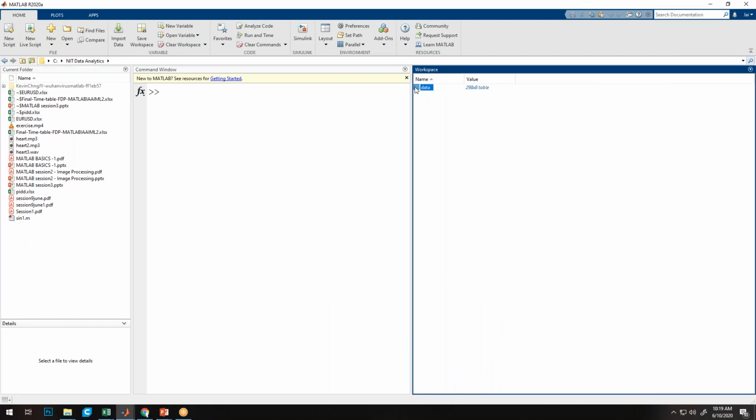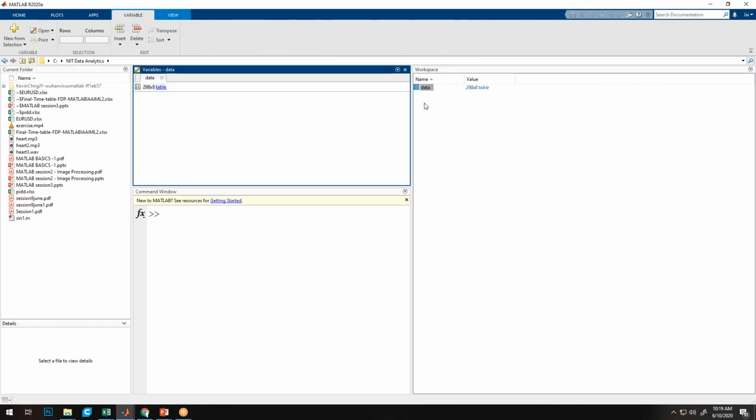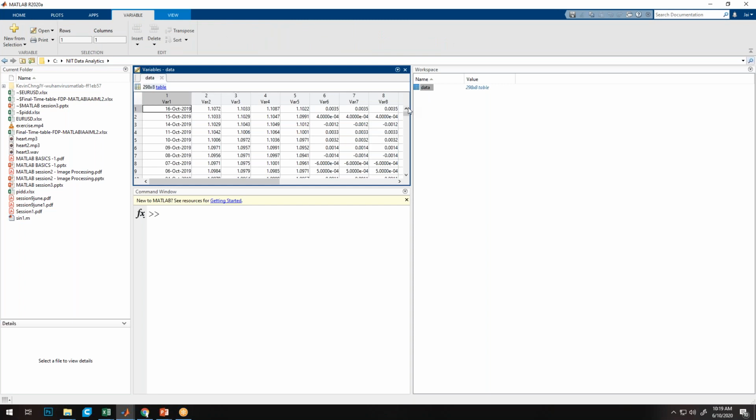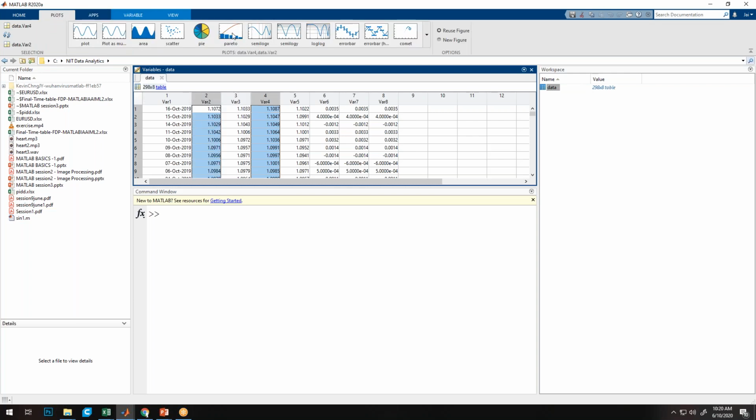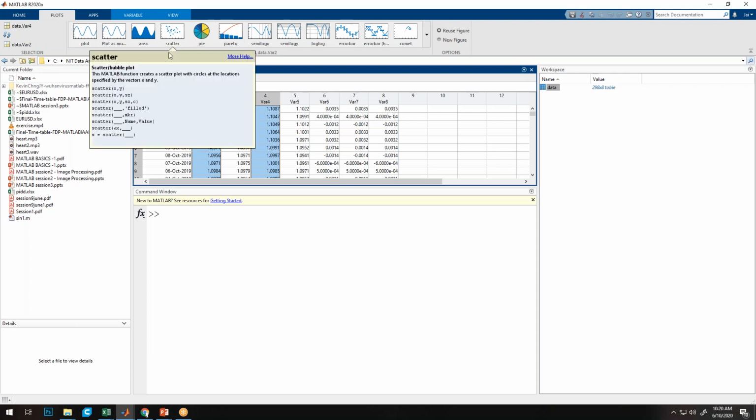If you directly click on the table in the workspace and select directly from here, say column 2 versus column 4 with Control pressed, and go into the plot category, you'll see that whatever plots are possible will automatically be highlighted.